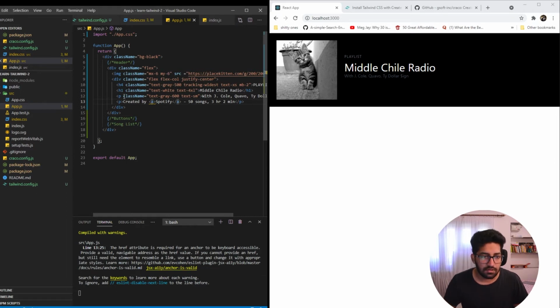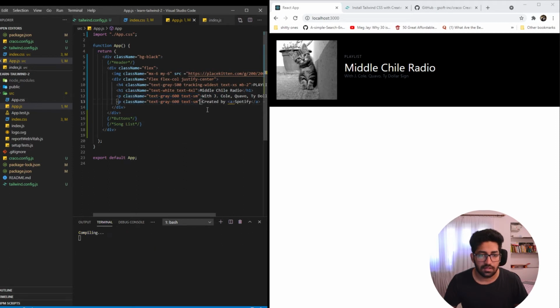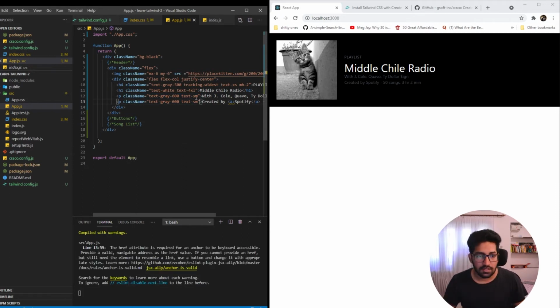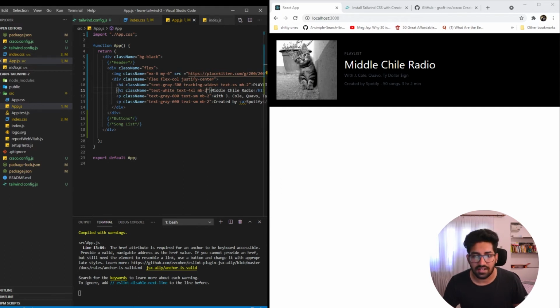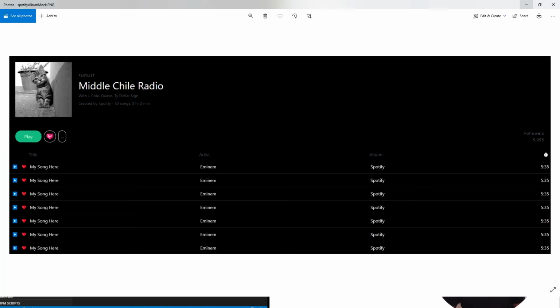The same way for this className, and we'll add a little bit of margin as well, a little margin over here and weight too. That looks perfect. So this looks almost like our page. If we go back to our mockup image and look at it, we should be able to see it is almost like this. So let's go ahead and build this part now.